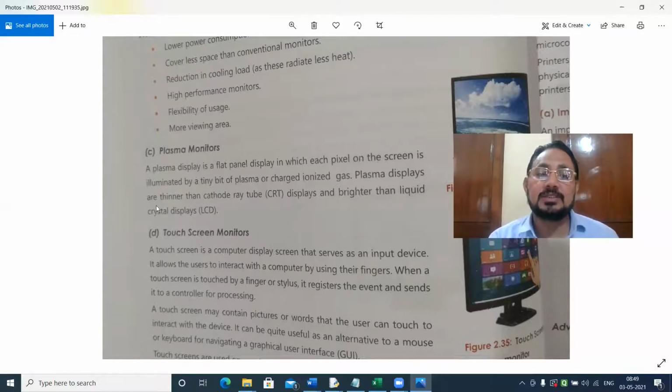Plasma displays are thinner than CRT displays and brighter than LCDs. So plasmas are brighter, but the more original picture you get, I feel, is in LCD or LED LCDs.